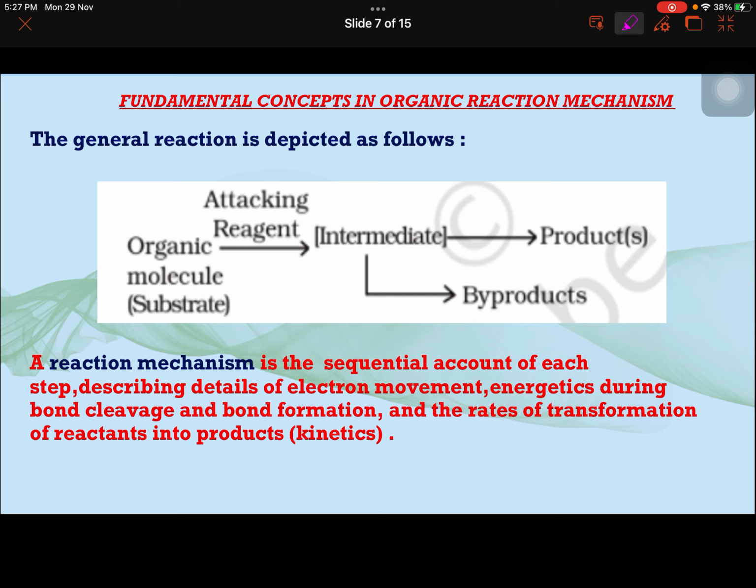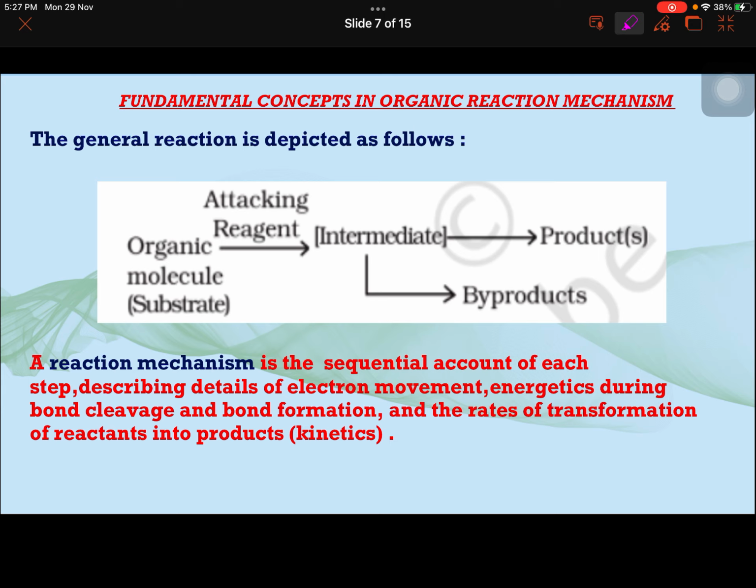Now something very important related to any chemical reaction in the organic chemistry we are doing. The different reactions which take place have a specific way of proceeding depending on what conditions you are providing, whether you are heating it or providing light, and depending upon the type of reactants that you have.